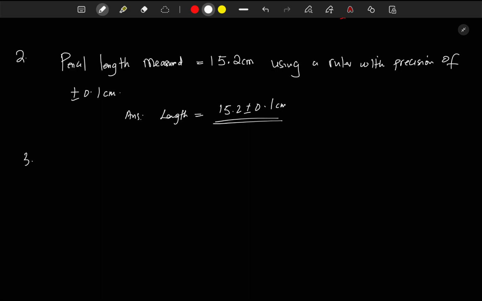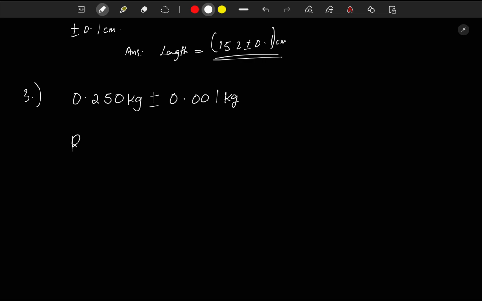All right. So let's say you've been given this number, 0.250 kg, plus or minus 0.001 kilograms. How would you find the relative uncertainty of this? So if you are asked to find the relative uncertainty,